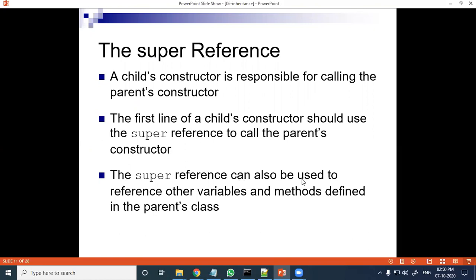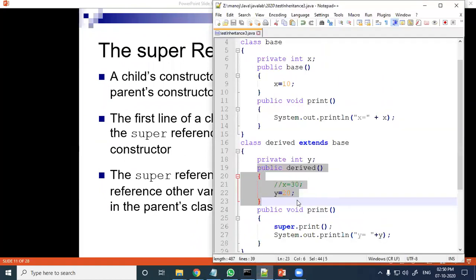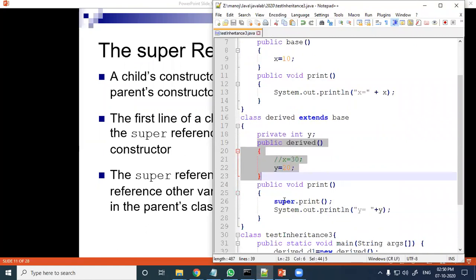The super reference can also be used to refer to other variables and methods defined in the parent class. This we have discussed now. In this program, we have referred to the parent class using the super keyword.